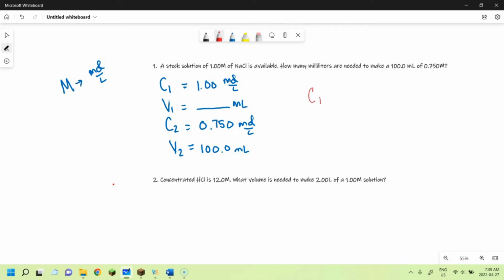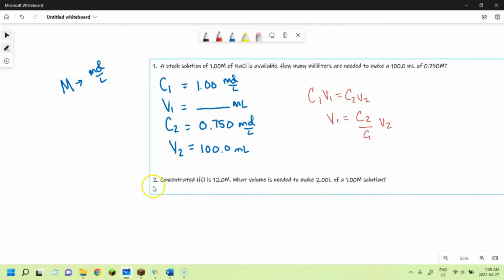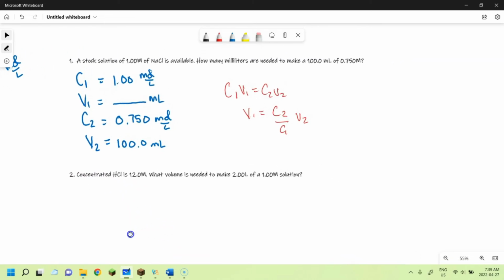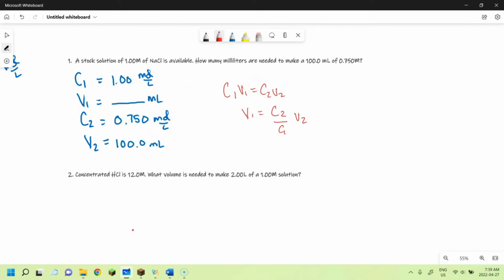So we can say C1 V1 is equal to C2 V2. V1 is equal to C2 over C1 times V2. So it doesn't matter the units as long as they're the same. So therefore I'll say my V1 is equal to